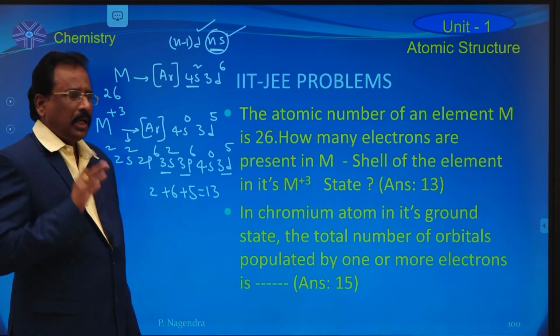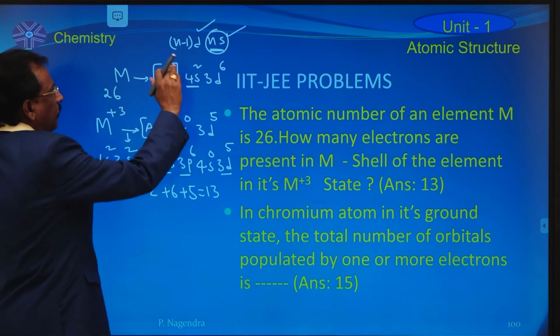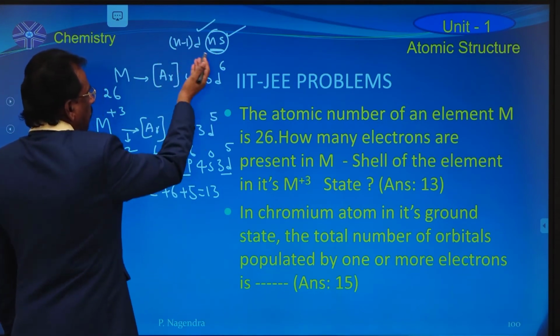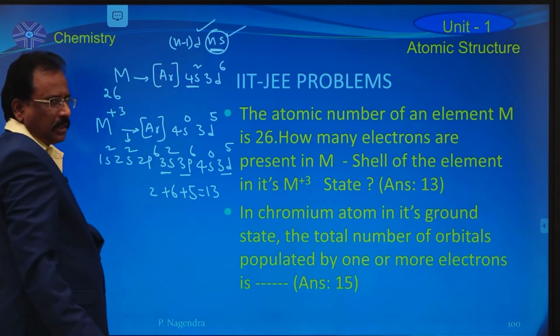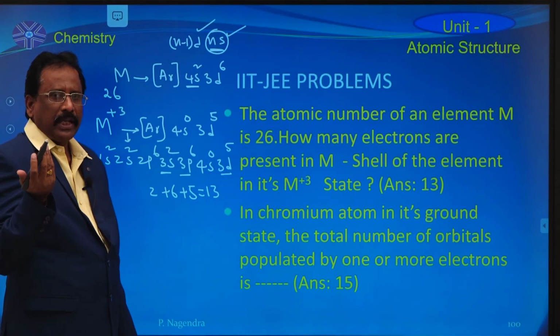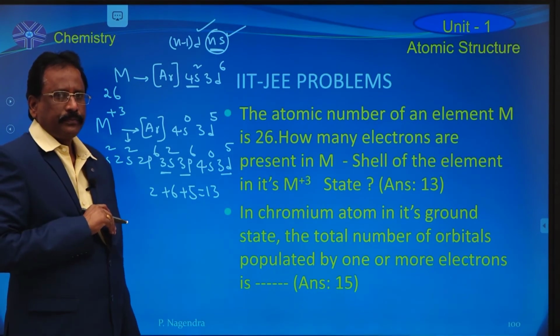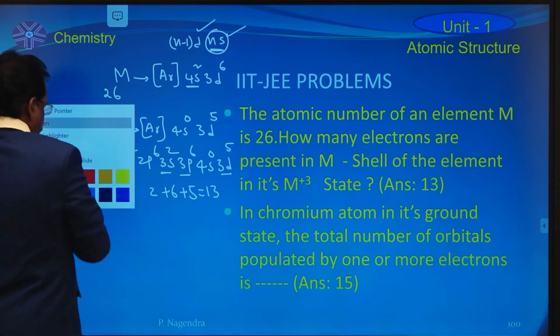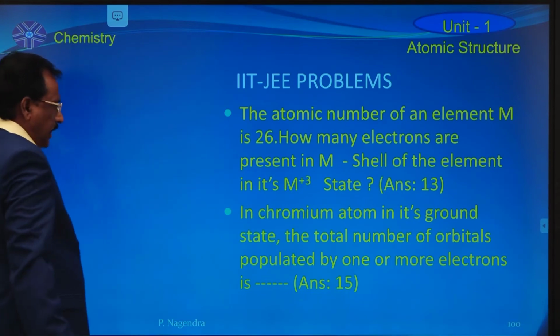So here the main concept in this question is, if you want to remove the electrons from any d block metal, first remove the electrons from the outermost and then the penultimate. Outermost means ns, penultimate means (n-1)d. That is the concept here. Similarly, in the next question,